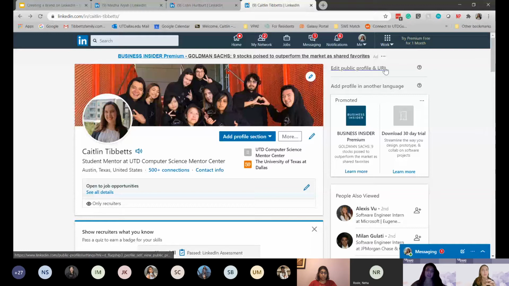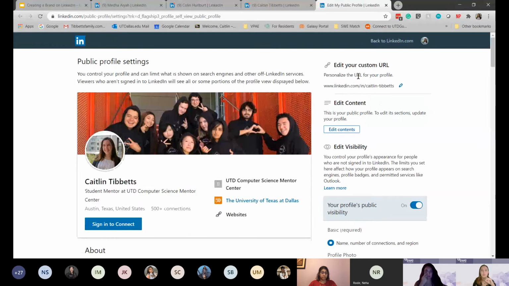There's also a button up here to edit your public profile. What you can do with that is edit your personal URL for your profile. See, it's really pretty. This is the URL that's going to go on your resume and on a personal website.